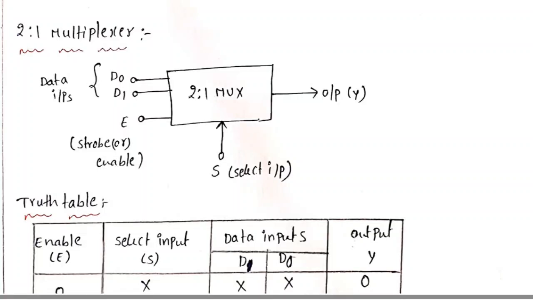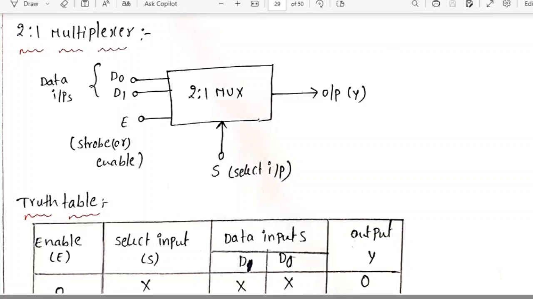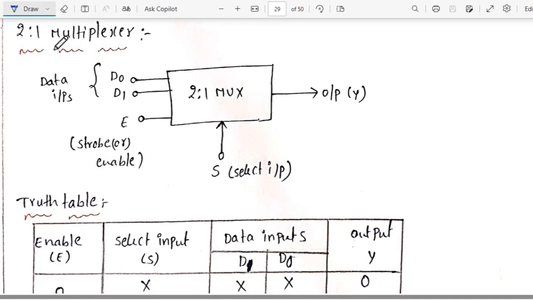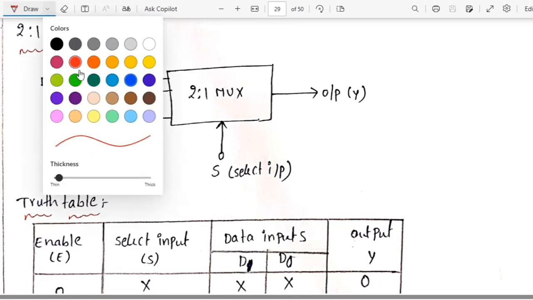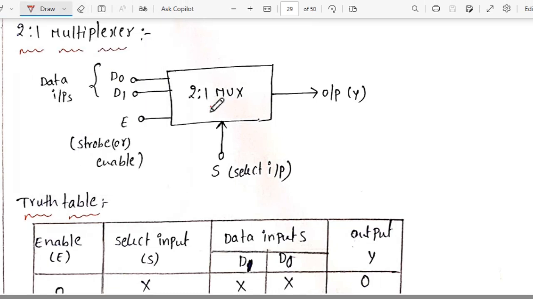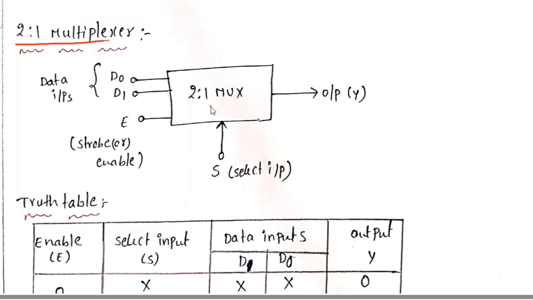So in this class, let us discuss the 2 by 1 multiplexer. Two inputs and one output. This is nothing but a 2 by 1 multiplexer. The first number indicates the input, the second number indicates the output. So for a 2 by 1 multiplexer, we need two inputs D0 and D1 and one output Y